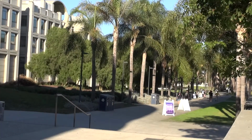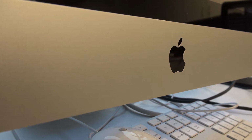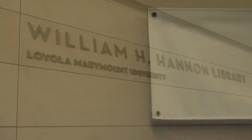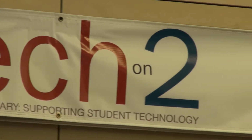The world is becoming more and more dependent on technology, whether it be phones, laptops, and other devices. There's a growing need for university students to solve tech problems as they become more complicated. At LMU, the IT department offers a great service for students, faculty, and staff to get immediate tech help, known